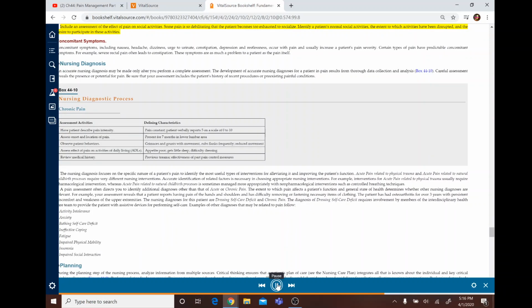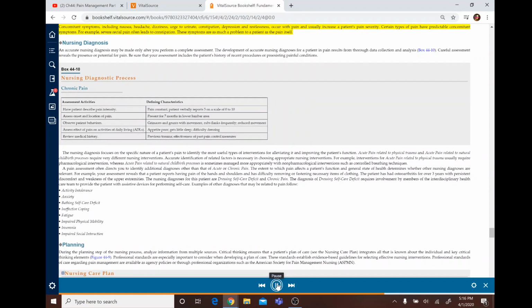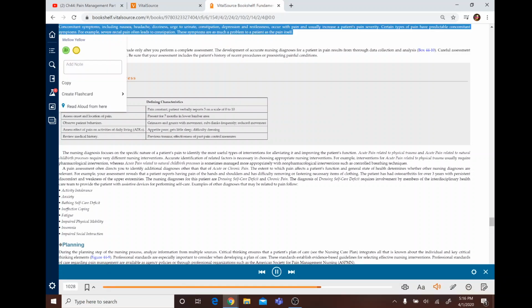Include an assessment of the effect of pain on social activities. Some pain is so debilitating that the patient becomes too exhausted to socialize. Identify a patient's normal social activities, the extent to which activities have been disrupted, and the desire to participate in these activities. Concomitant symptoms. Concomitant symptoms, including nausea, headache, dizziness, urge to urinate, constipation, depression and restlessness, occur with pain